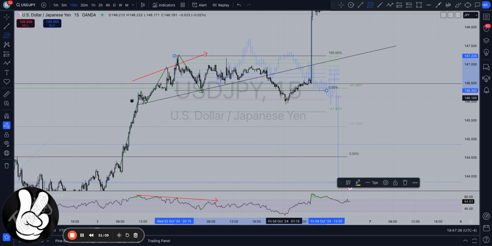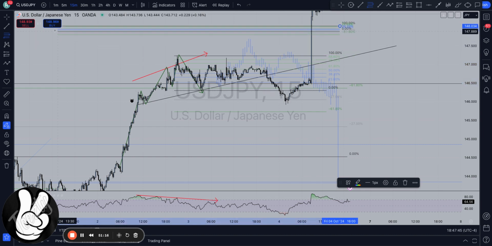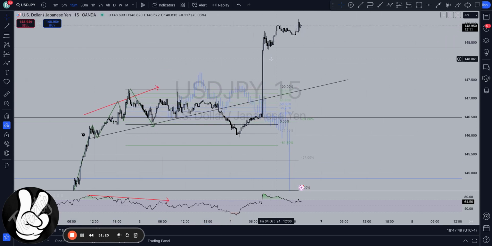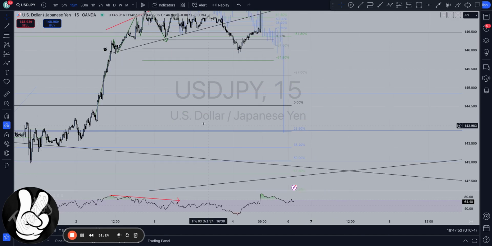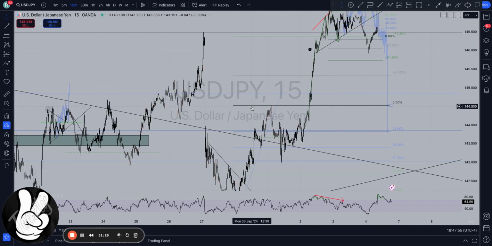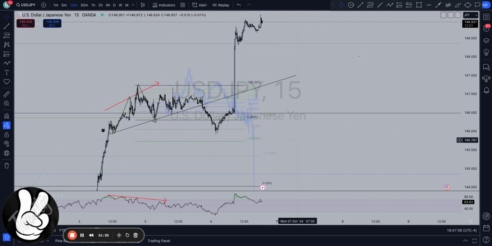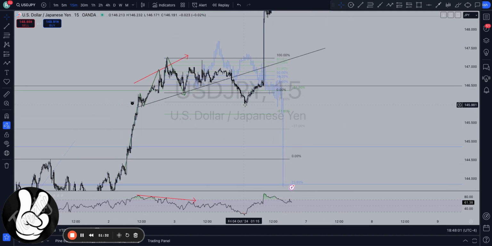And then once we hit this negative 27% TP, then we had NFP, and NFP took it all the way up to finish out that overall fib structure. I did think price was going all the way down here to retest this high right here, but you know, NFP took it all the way up. So